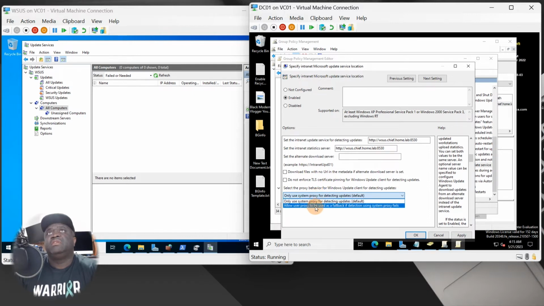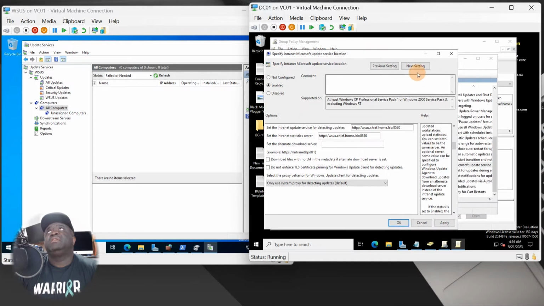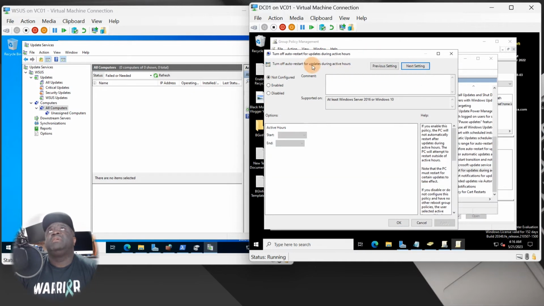So you can allow proxy, or you can set it for the default. We're just going to keep it by the default. Okay, you don't really have to make any other changes. And then once you're there, you should be able to click OK. Now you can look at the other settings that are here as well, as far as turning off auto updates, notifications,